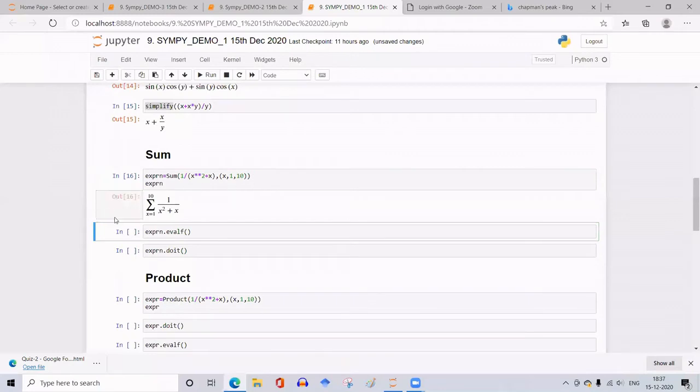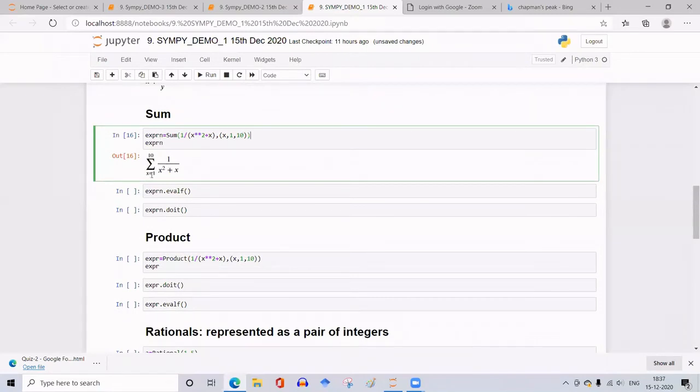So this is how it looks. The expression is equal to the sum of 1 over x square plus x, and that sum is designated by the symbol sigma, and the variable is x, taking values from 1 to 10. Is this clear? Yes, ma'am. Next, this is sigma, x varying from 1 to 10, of 1 over x square plus x. We can evaluate this, is it not? You can take values for x from 1 to 10, get the sum, and then get the final answer.